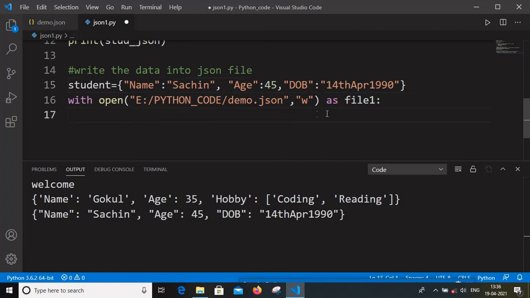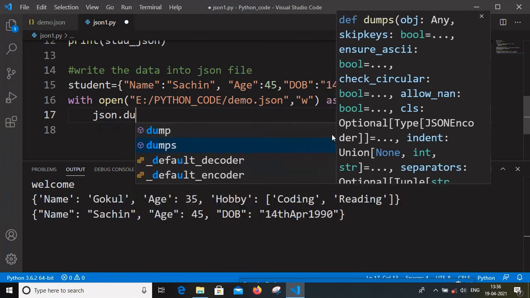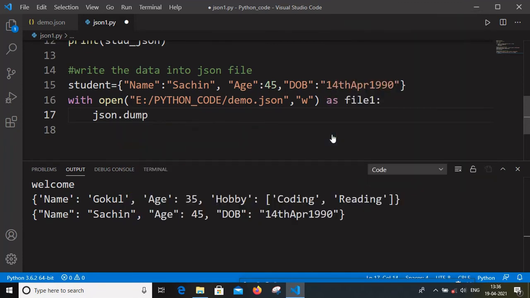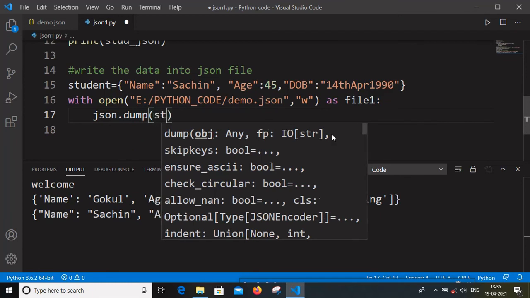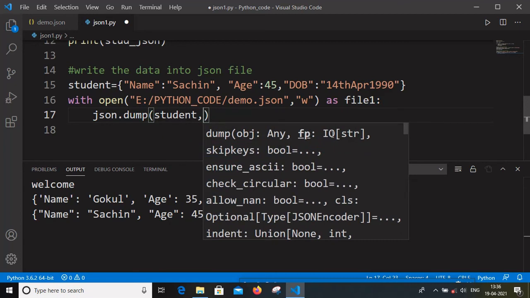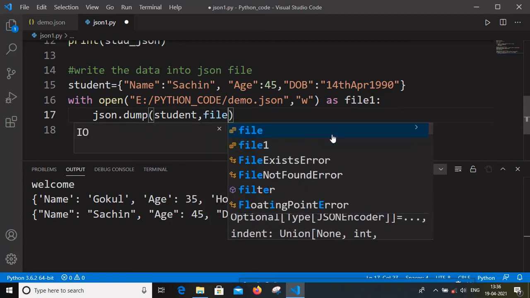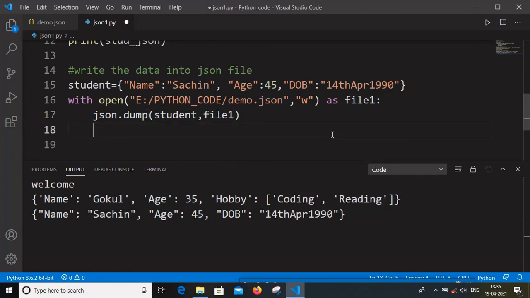By using json.dump, we can dump this data. I have to give the information that I want to dump inside the file, the student content data, and by using the object file1, we can process the data and store it inside the file. Once I save and compile the code,